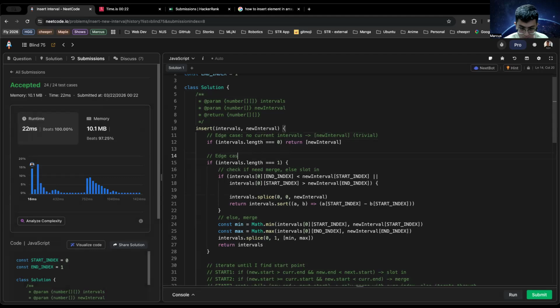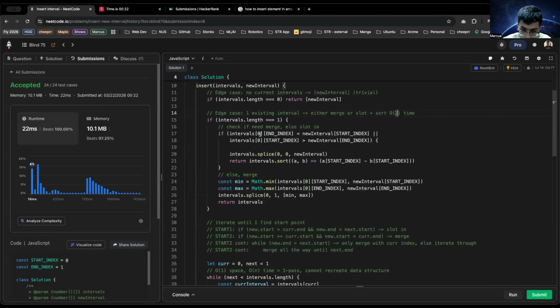Edge case: one existing interval. Either merge, slot, plus sort. It's like O(1) time. So you merge and you slot and it's sorted. So you check if you need to merge. So merge means it's